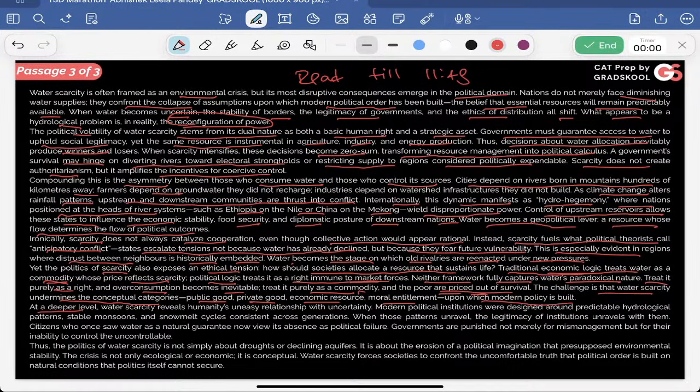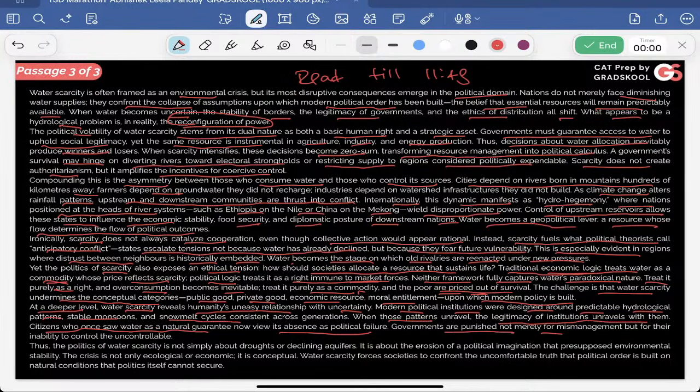At a deeper level, water scarcity reveals humanity's uneasy relationship with uncertainty. Modern political institutions were designed around predictable hydrological patterns, stable monsoons, snow melt cycles. When those patterns break, the legitimacy of institutions unravels with them. Citizens who once saw water as a natural guarantee now view its absence as political failure. Governments are punished not merely